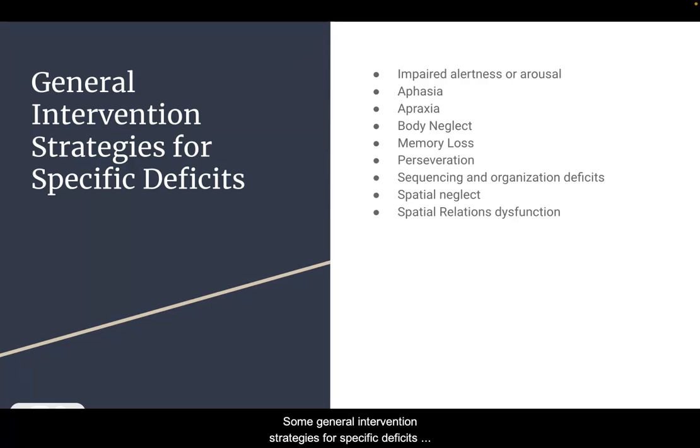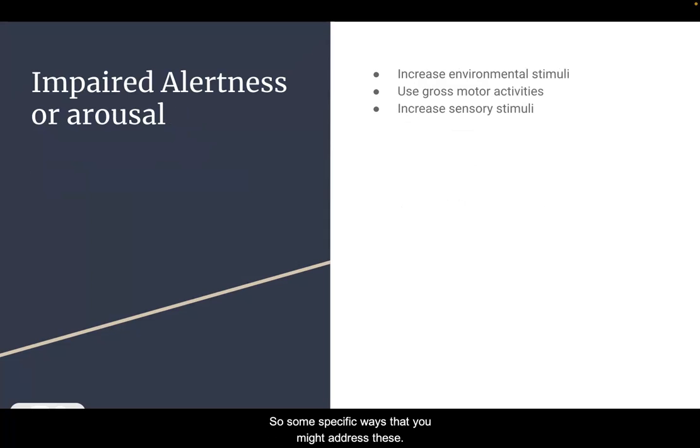Some general intervention strategies for specific deficits. So if we're thinking about the remedial restorative transfer of training approach, these would be if we're using specific interventions for impaired alertness, aphasia, apraxia, body neglect, memory loss, perseveration, sequencing, spatial neglect, and spatial relations. So some specific ways that you might address these